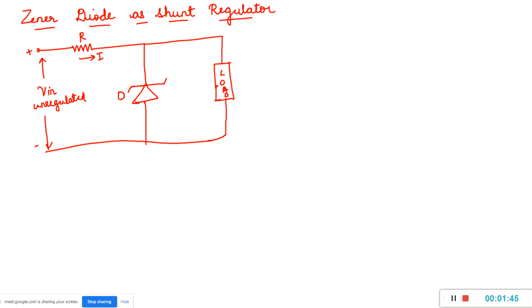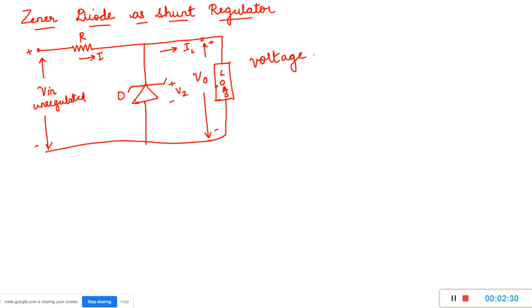This is a Zener diode where we have Zener breakdown voltage known as VZ, as we have already learnt in the previous class about the Zener diode. Zener diode works in the reverse biased region. So here IL, load current IL. This is the output plus minus. Here we have output voltage V0. So this is a very simple circuit where this is a shunt voltage regulator.